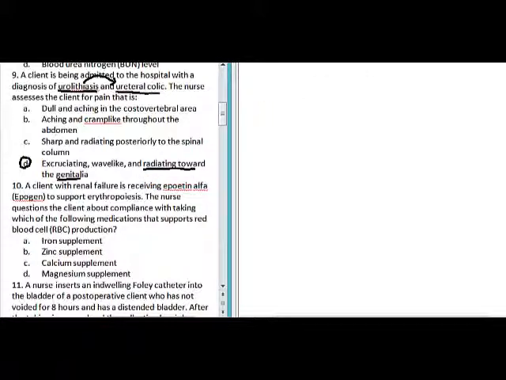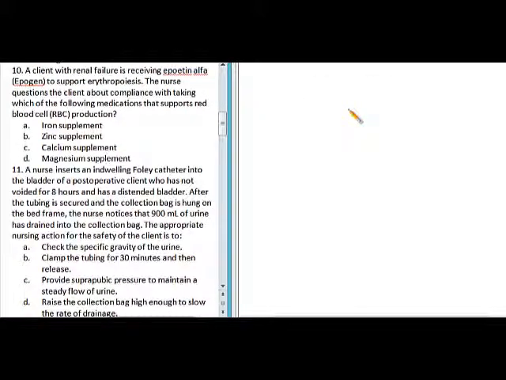number 10. Client with renal failure is receiving epoetin alfa to support erythropoiesis. Nurse questions the client about compliance with taking which of the following medications that supports red blood cell production. So there's only one here that supports RBC production, that is letter A, iron. This is necessary for hemoglobin production. Next,